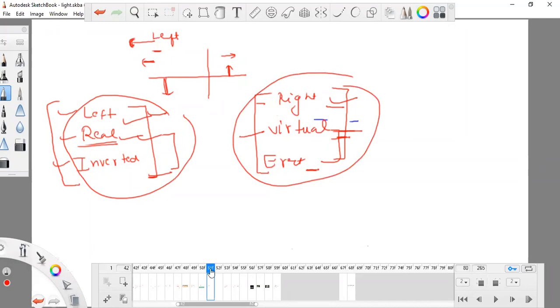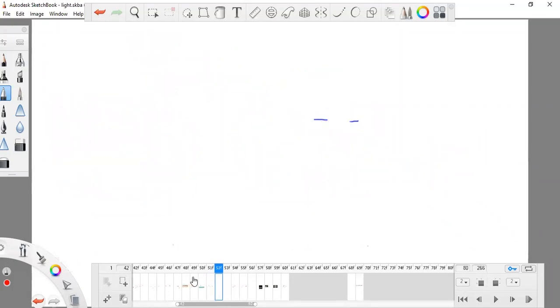So you don't need to remember things so many times. Sometimes the question comes where we are provided with just a hint, that the image is virtual. Then I don't need to do so much work. I know that if the image is virtual, it is forming at this side and it is erect also. We studied the image formation of the convex mirror, and right now we are going to learn about the properties and the uses.